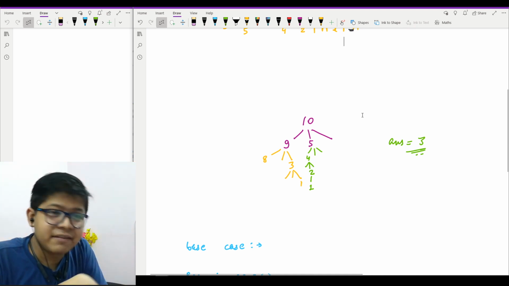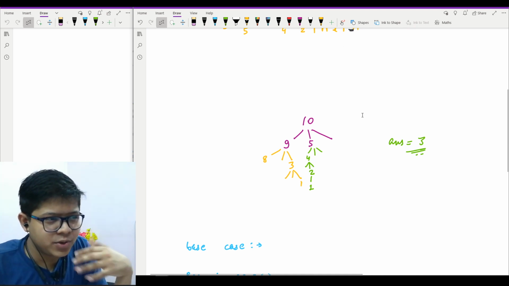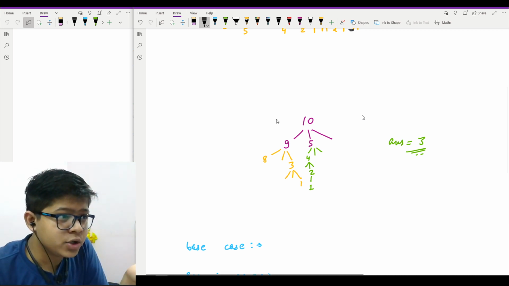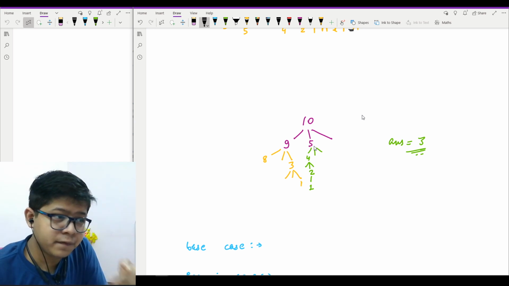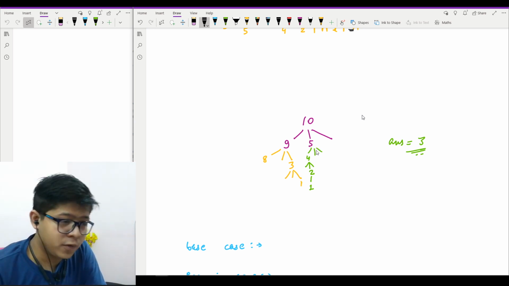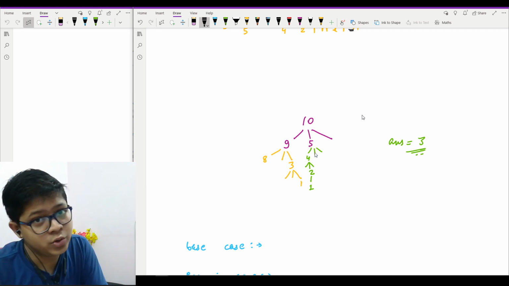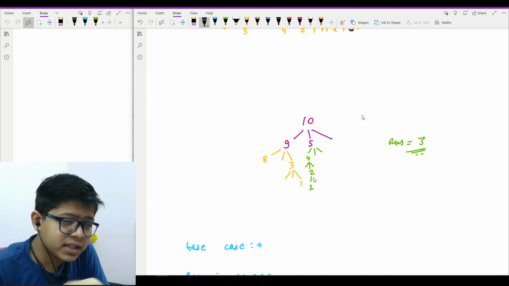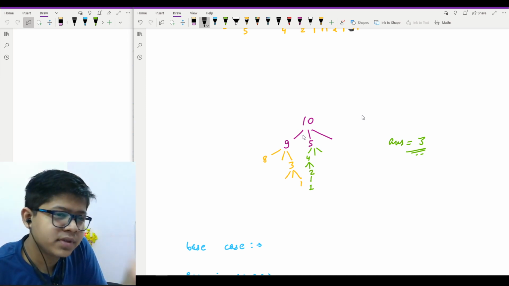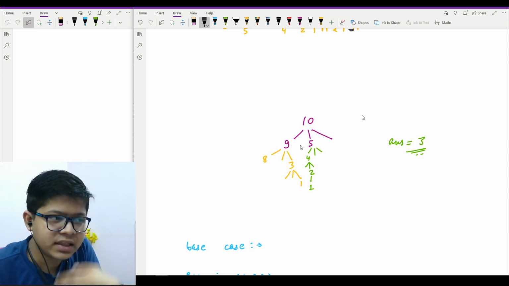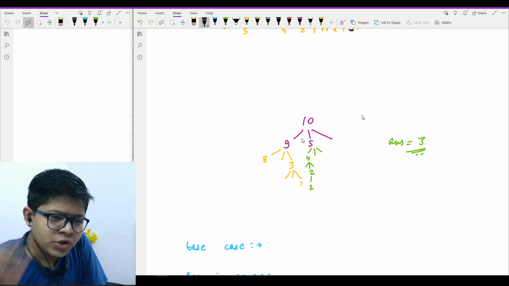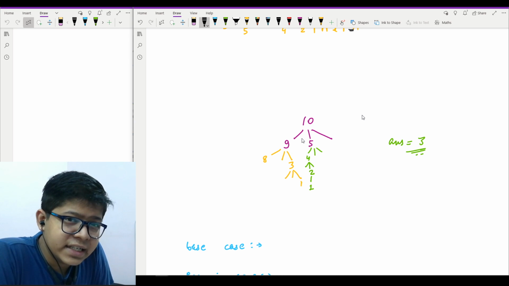In this case I have taken the number 10. If you think greedily, then instead of transforming this number to 9, you will transform it to 5. Then from 5, you have only one option, which is transforming to 4. Then from 4, at most you can transform to 2 and then to 1. So the number of steps required would be 1, 2, 3 and 4. But if you had earlier transformed this number 10 to 9, then it reduces to 3, then to 1. So you are pretty sure that in 3 steps you will get the answer. So now you are pretty sure that you can't go greedily, right?